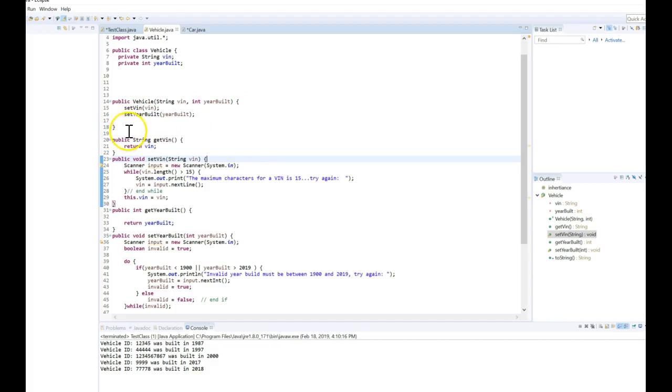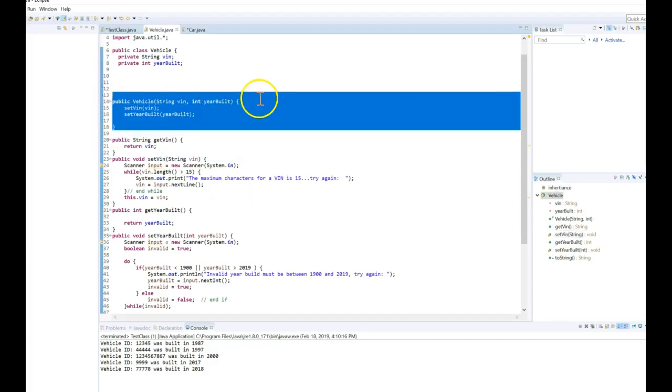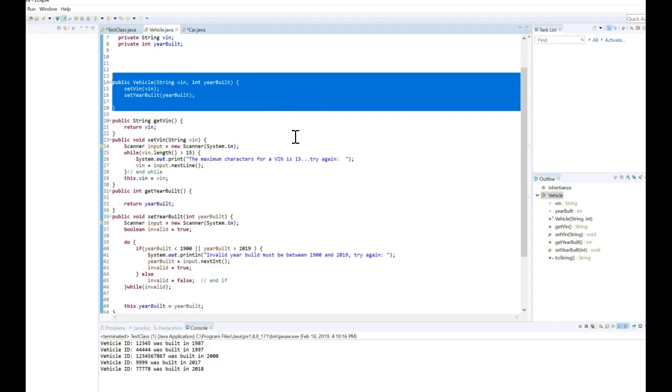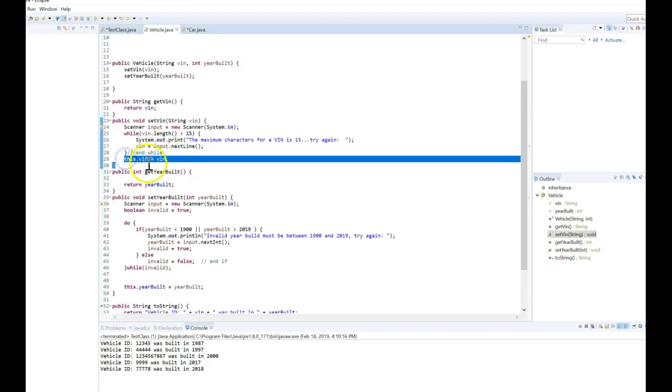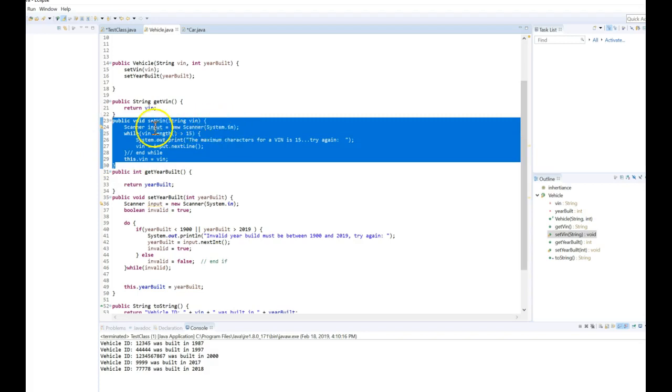I have one constructor here, and this constructor is going to be a two-parameter constructor, passing in the VIN number and the year built and using the setter methods to populate the VIN number and year built. Here is a setter method for the VIN number, and I check to see if the vehicle ID number is greater than 15. If it is, I say, hey, maximum vehicle ID number is 15, and I stay in this loop until I get a vehicle ID number 15 characters or less,